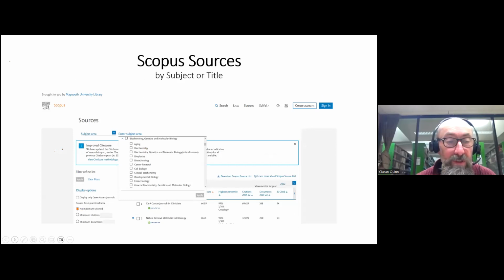Then Scopus Sources is another one. So you're going to Scopus Sources, and again, you can break it down by subject area, or title, whichever kind of suits you. A health warning comes with any of these subject areas, by the way. This is their algorithm deciding what belongs in a certain subject area. So if you're in something like geography, for example, you might find journals just aren't included in that. They might have managed to get into different subject areas. Just be a bit careful around that.